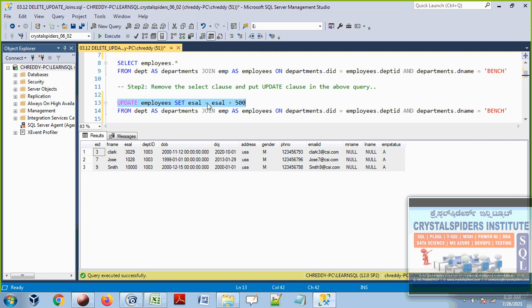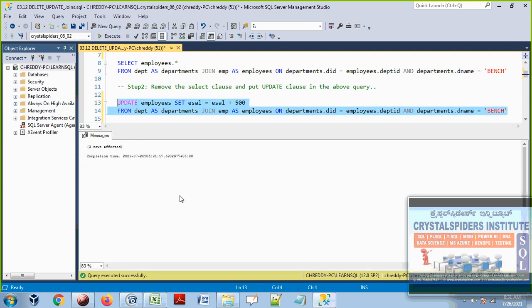This update statement will update salaries only for these 3 records. It will not touch any other records. So only these 3 records' salaries will get modified because this from clause is going to give only these 3 records to the update statement.